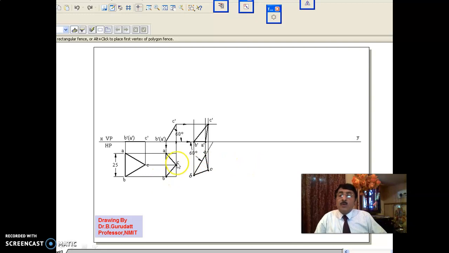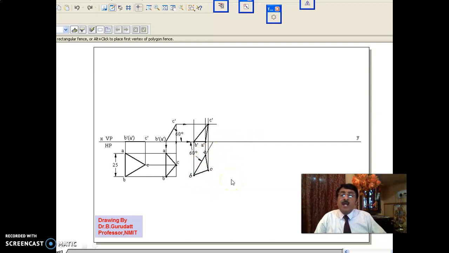I have told you, as long as inclination to HP is constant, the top view remains the same. If I say this is the XY line, this is VP, HP, correct? If the problem said the edge on HP is parallel to VP, I would have made AB parallel to the XY line. If I say the edge on HP is inclined at 40 degrees to VP, I would have made AB at 40 degrees. Had it been that the edge on HP is lying in VP, I would have put it on the XY line.